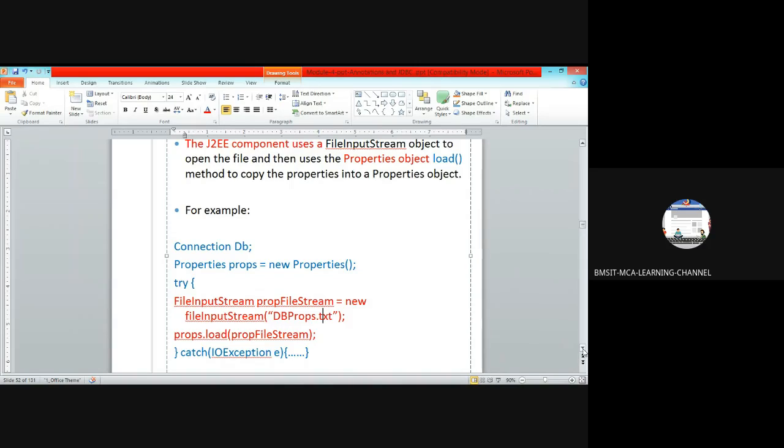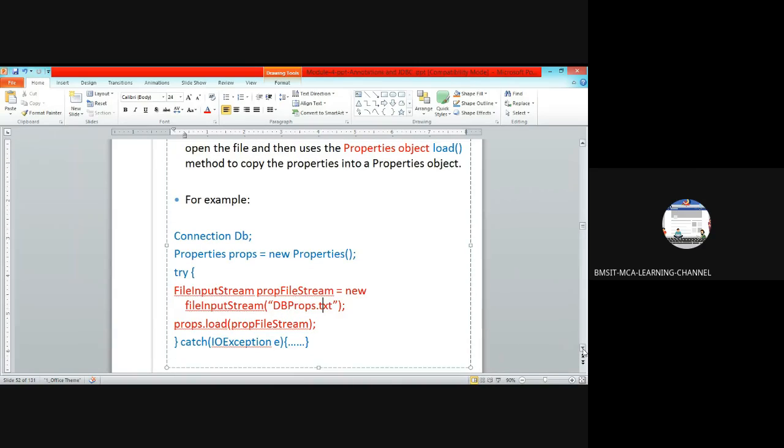You load this text file using the properties object by invoking the load method, which reads the input stream to read the content of that text file into the properties object. So this is the additional parameter. You can use it if the application needs to store values in files rather than tables.